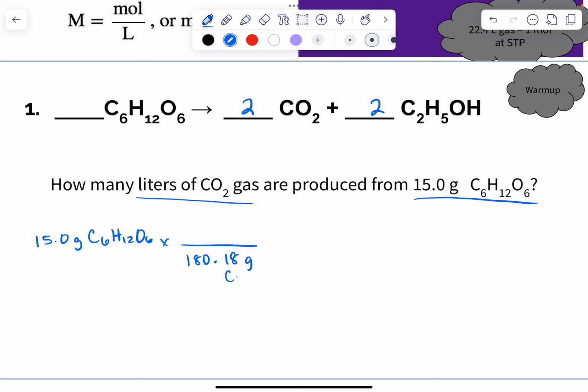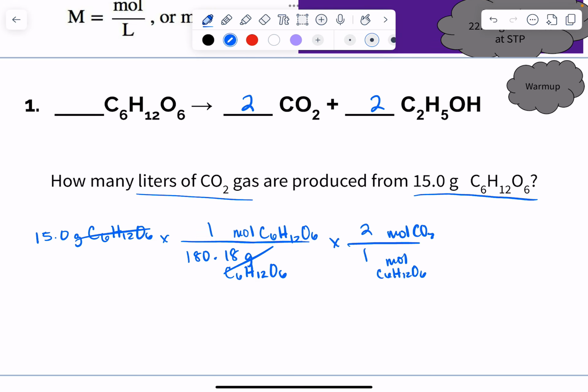So first thing we have to do is use molar mass to convert from grams of glucose into moles of glucose. So you add up, it's relatively heavy, 6 carbons, 12 hydrogens, and 6 oxygens. From here, grams will cross out. You're going to use your mole ratio to go from moles of C6H12O6